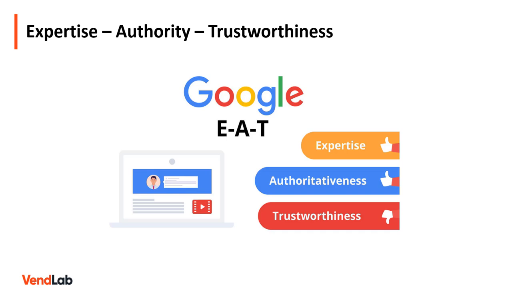Google Search's quality rater guidelines talk about a site's EAT, expertise, authority, and trustworthiness. Google published this document to help webmasters understand what Google looks for on a page. When assessing a site's authority, the factors Google includes are the quality and quantity of incoming links, that's the most important factor.